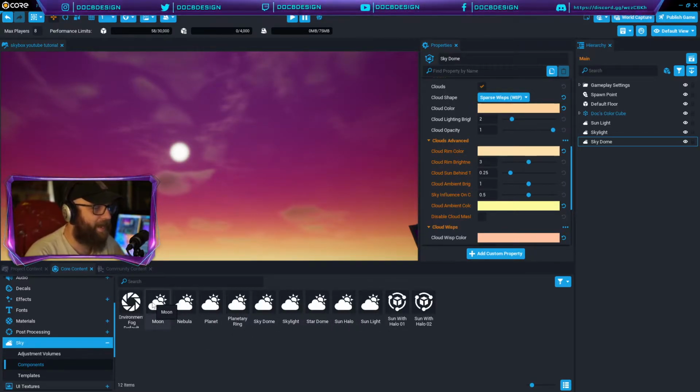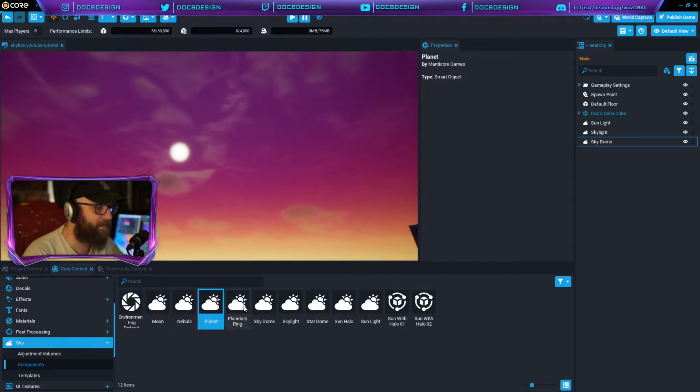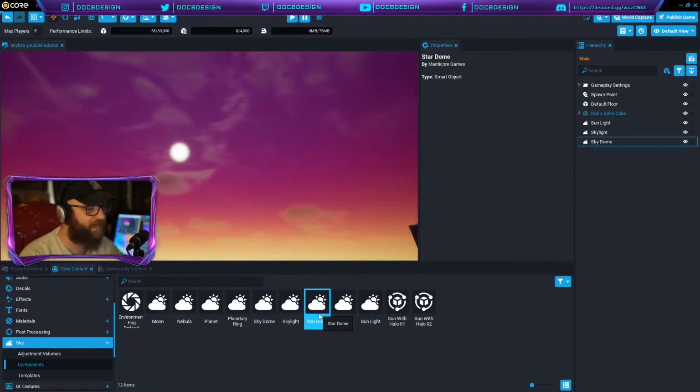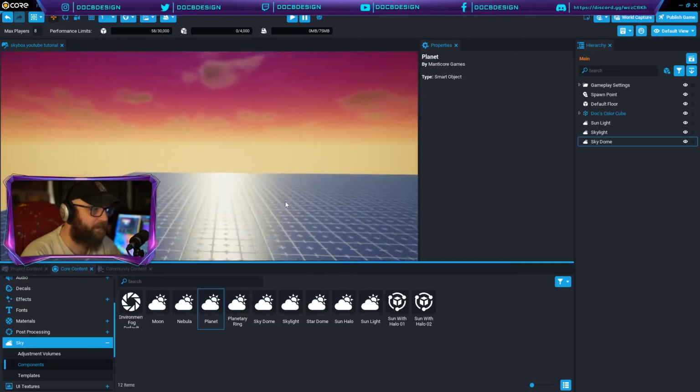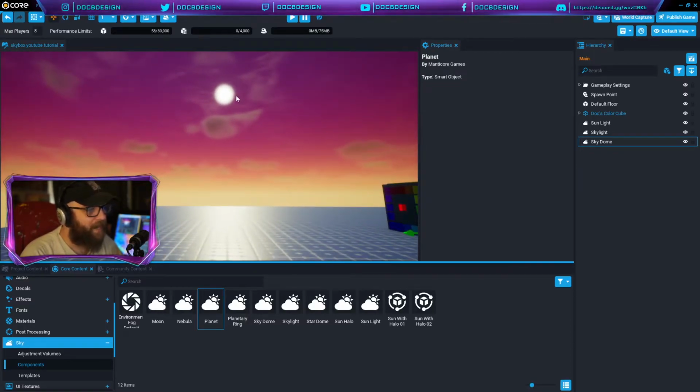What we're going to add now is moons, planets, planetary rings, and a star dome. That's what fits well with this sky, but nebulas are also treated the same when it comes to all of these components here. Okay, so first thing we're going to do is add another planet,